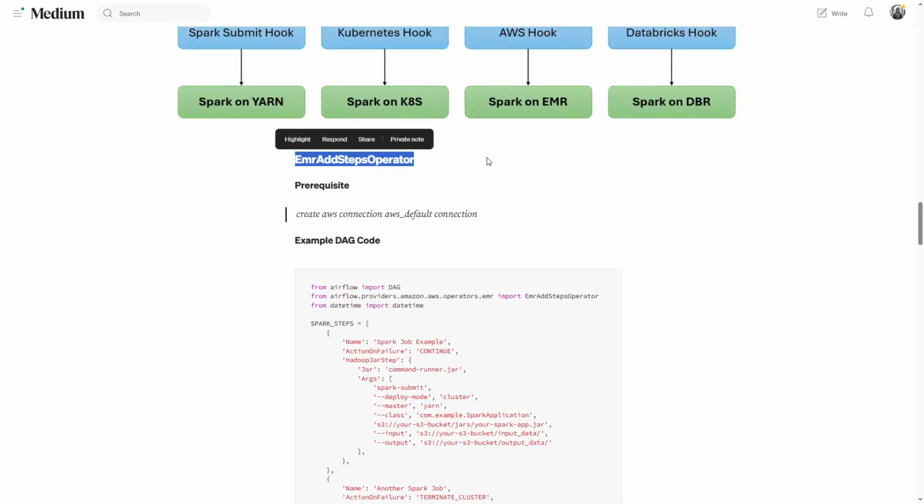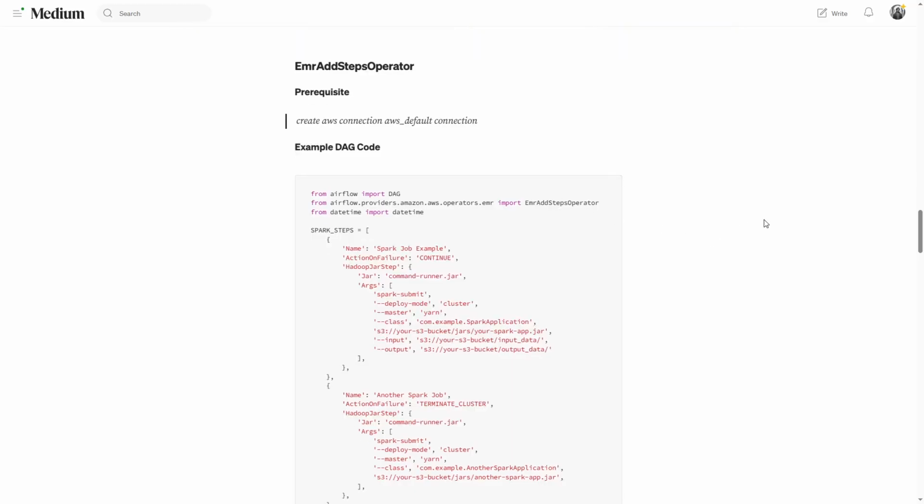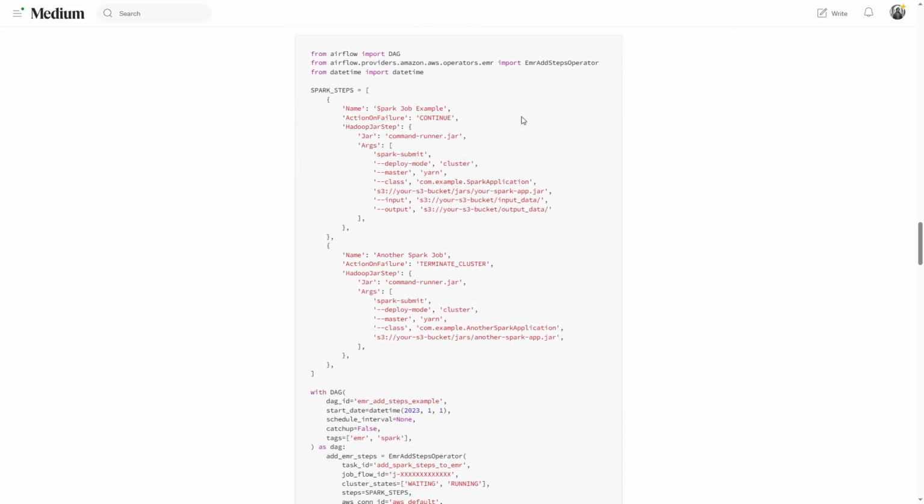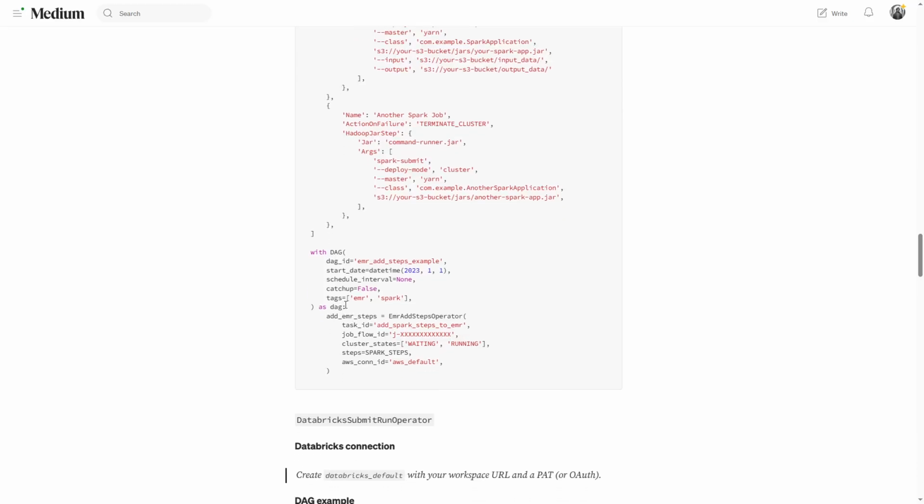The EMR add steps operator is an operator which allows us to add a job step in an AWS EMR cluster. So for this, we have to have a running EMR cluster. We need to know the job flow ID of that particular cluster. So this is how we create this. We say add a step, with task ID being whatever name, and the job flow ID, which is nothing but the cluster ID of the EMR,